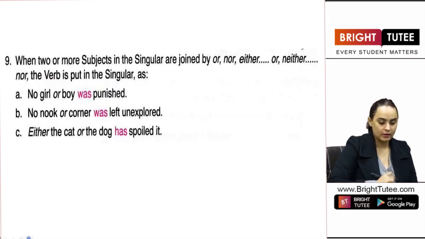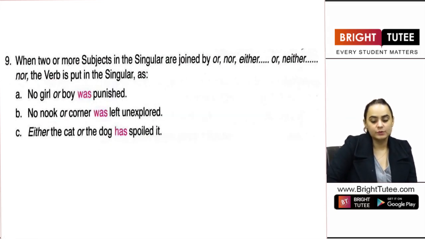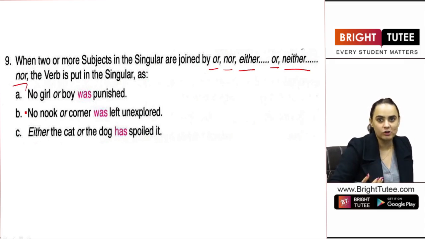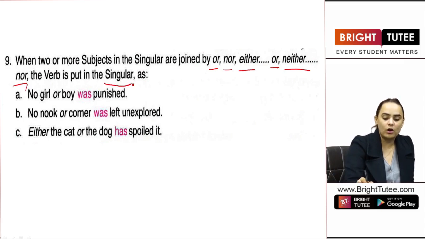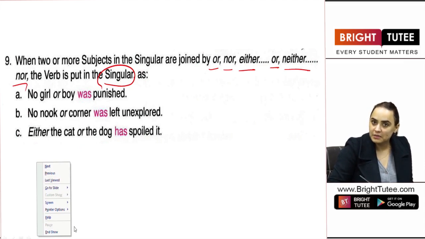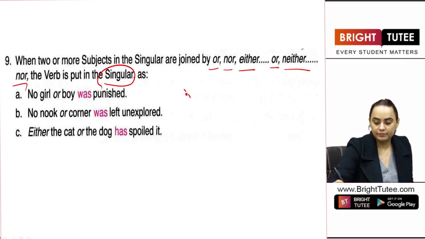Okay? The next rule says, when there are two or more subjects in singular, and they are joined by conjunctions such as or, nor, either or, neither nor. So, any of these combinations are used. In that case, the verb will always be singular in nature. What does it mean? If I say,